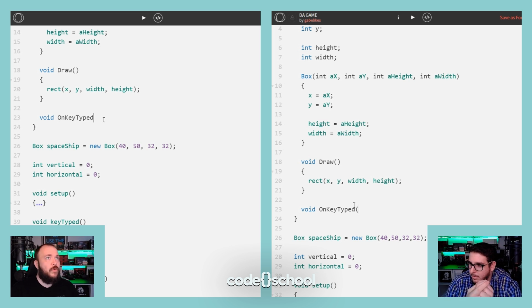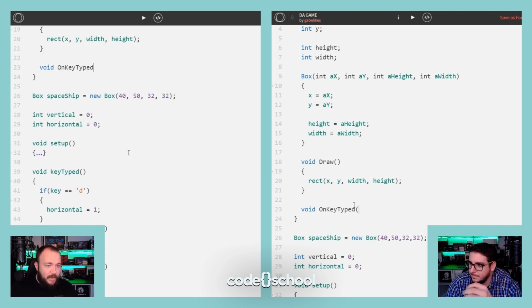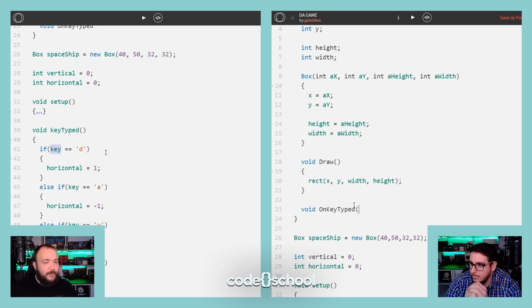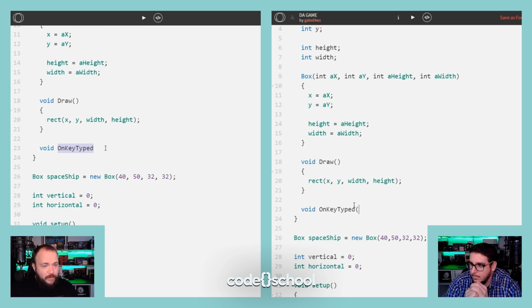And I don't want to rely on that global key variable here, this one here. I want to give the function that we're making now the key. I don't want this one to worry about some global key thing that lives in the system. So we're going to take in a variable of the type